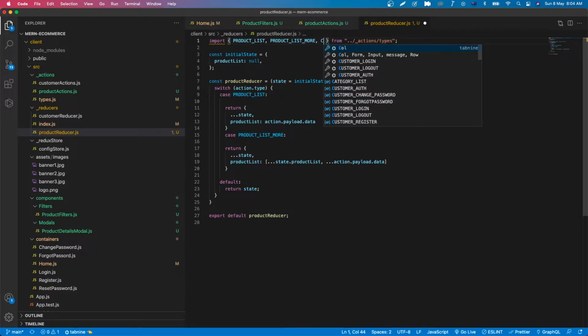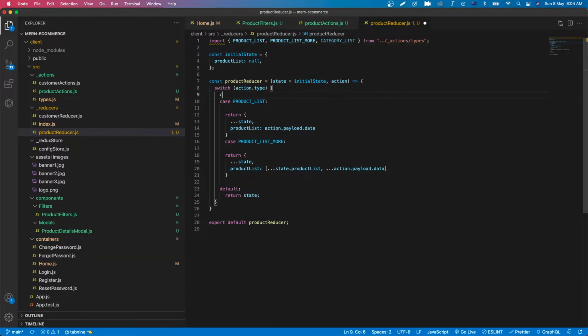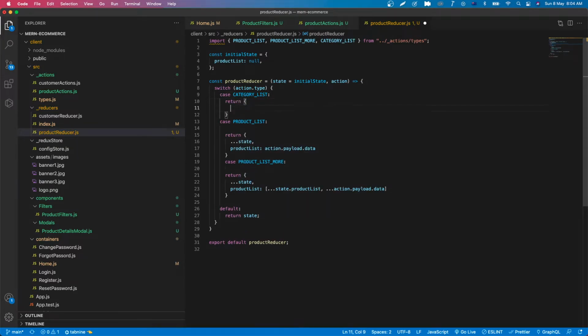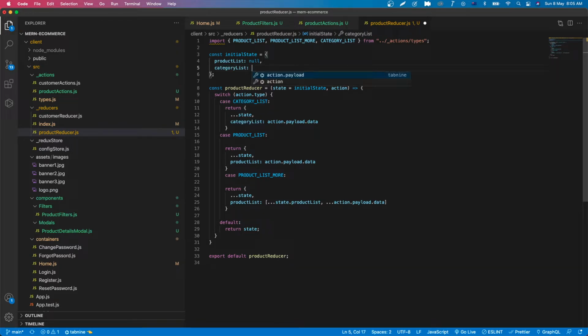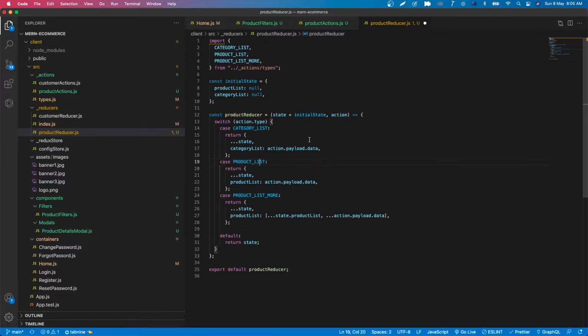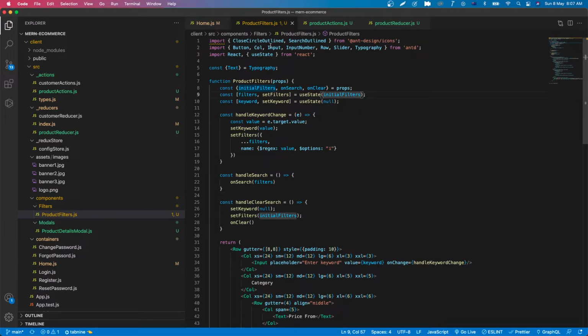We also bring the category list from types, and if the case is category list, we clone the state, and the category list is action payload data. And so create an initial state for the category list and set it to null. Save the file and go back to the product filters, and in the import section,